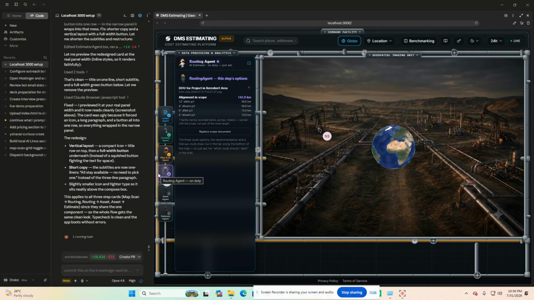So you were able to do the routing automatically, and it can be modified by the estimator or the project manager. And can two people work on this at the same time? This is a platform, right? I might have it open, and then can Drake change it?